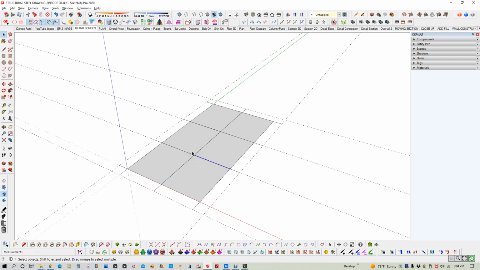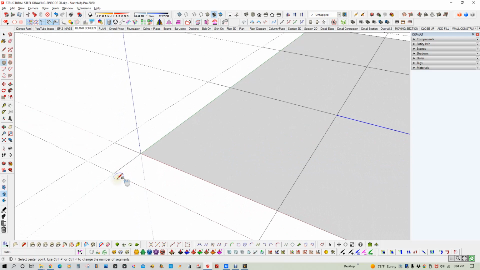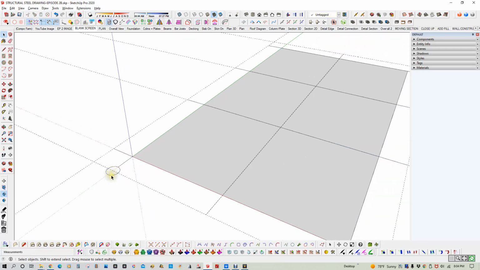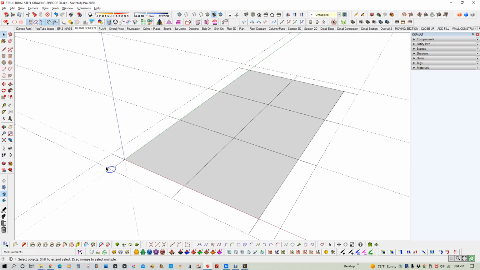So what I'd like to do now is add some symbol circles. So type C for circle, and I'm going to go in here and pop that on there, on the end of that extension. Type in 12 for a 12-inch radius on the circle. Take that extra piece out, or eliminate that face. And I'm going to array this. So it's move, control for copy. Go down to the next grid line and type in